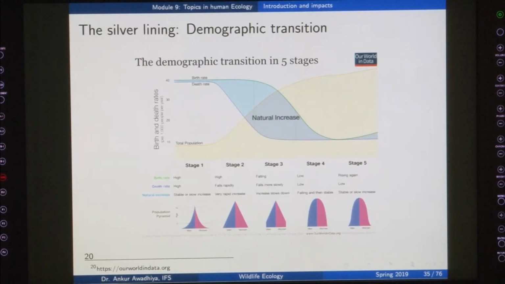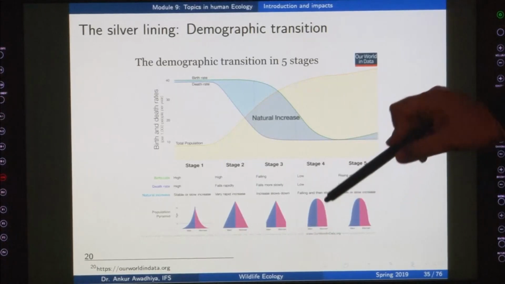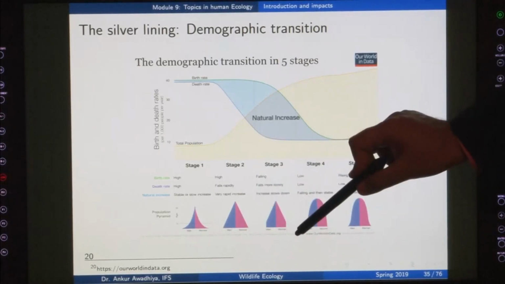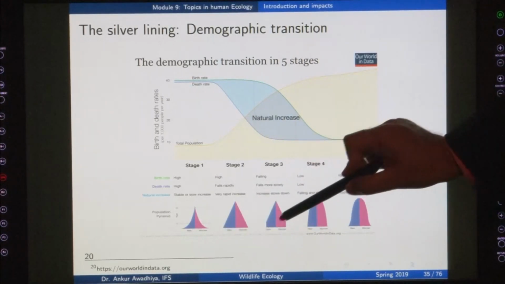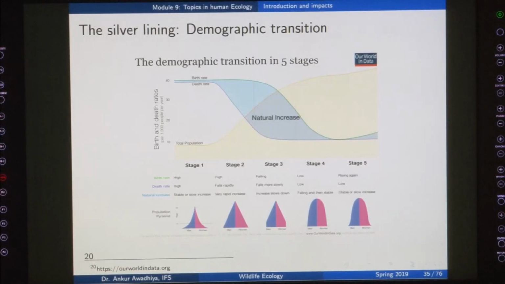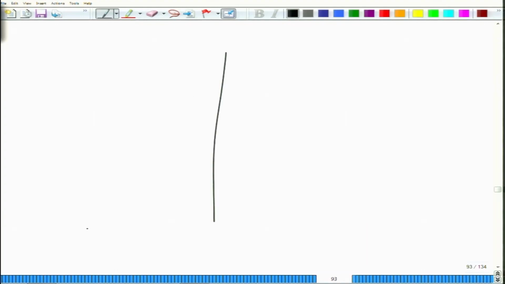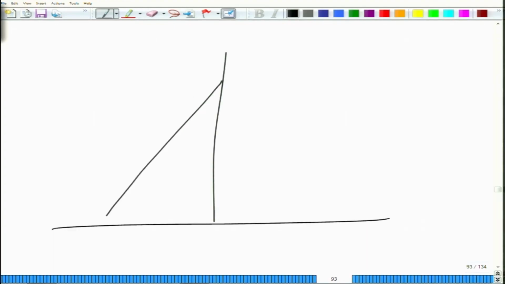Now, when you have a stage in which your birth rate also starts to slow down, earlier we had this large taper, now the taper will start to reduce. So that is the third stage. In the third stage, in place of having the curve that was looking like this, now the society is trying to reduce the number of children that it is having. So probably it will look like this,